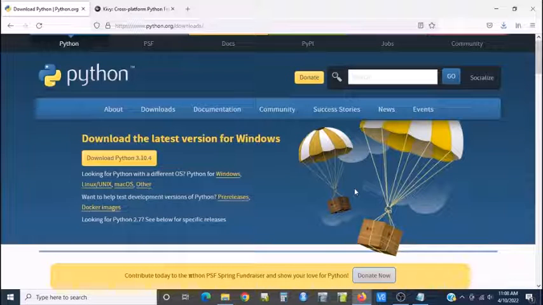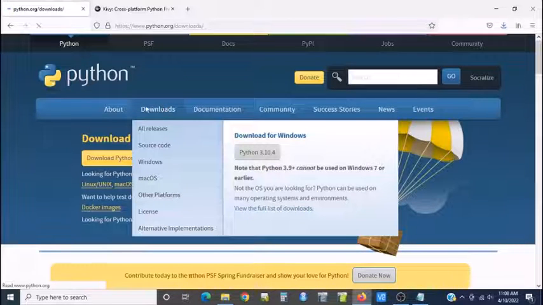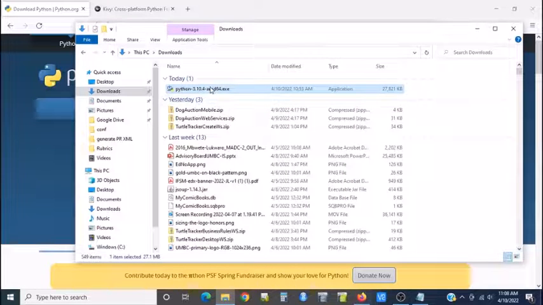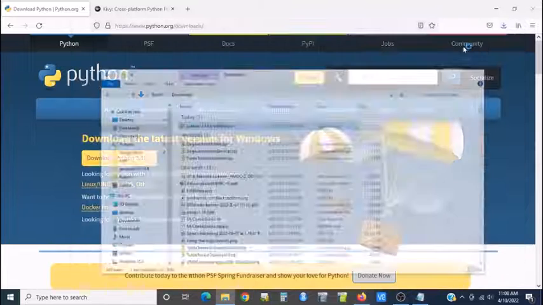To install Kivy, the first thing we need to do is install Python. So I went to python.org and clicked on Downloads, and I downloaded the latest version of Python version 3. When you run it,